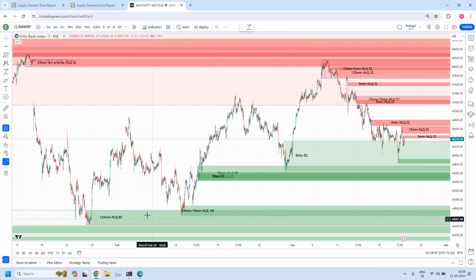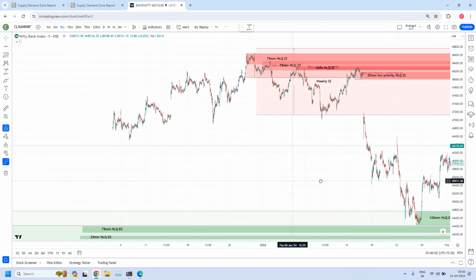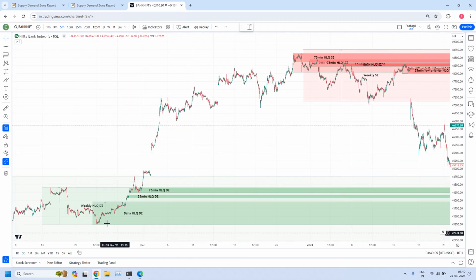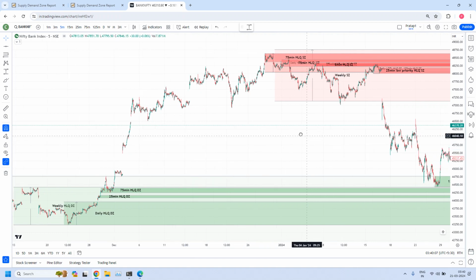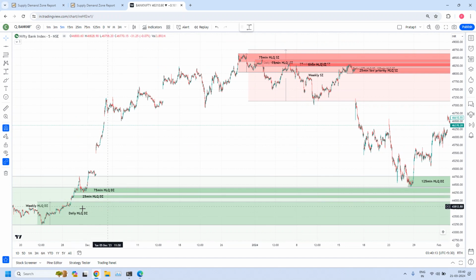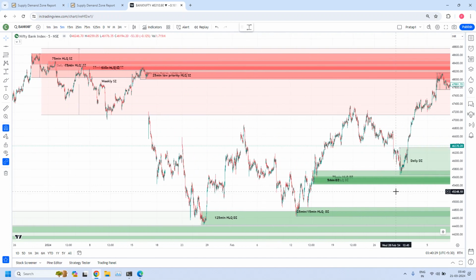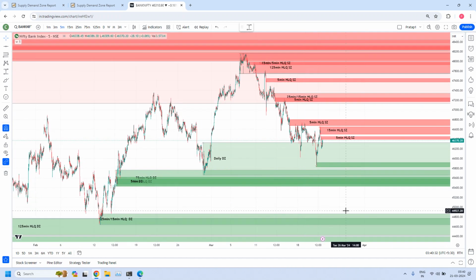Here we have 25-minute zones, 125-minute zones, and finally the next, so the weekly area it will enter. See, below, the weekly area is there. Inside a weekly we have a daily high liquidity. Probably this could be the target for these news, all the supplies to be violated and enter into the weekly area. But anyway, there's some more time.